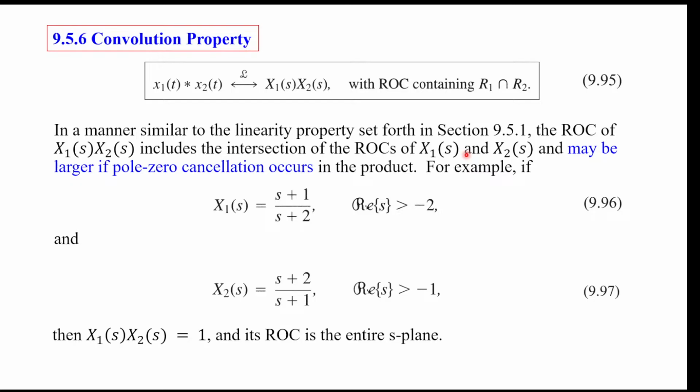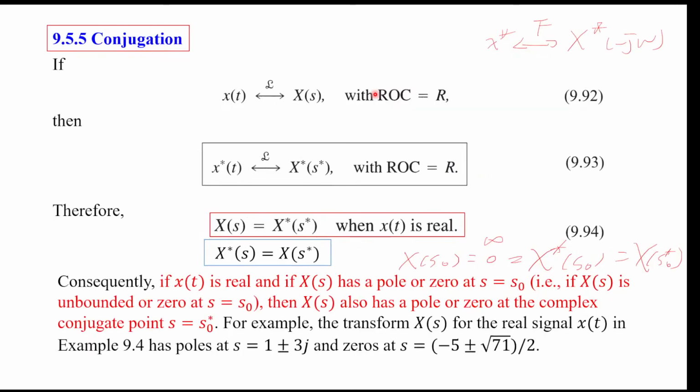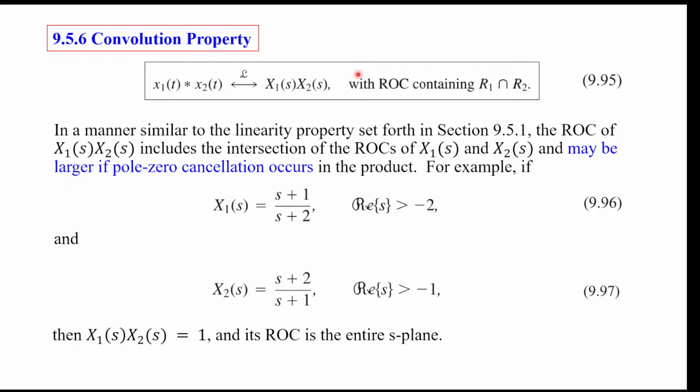And the next property is, I guess this looks very nice. It's a little easier to remember and memorize than the real property of the Fourier transform, where we have something like big X star equal to big X of minus S. But here this pole and zero property looks a bit more geometric. Okay. And anyway, let's go forward to the convolution